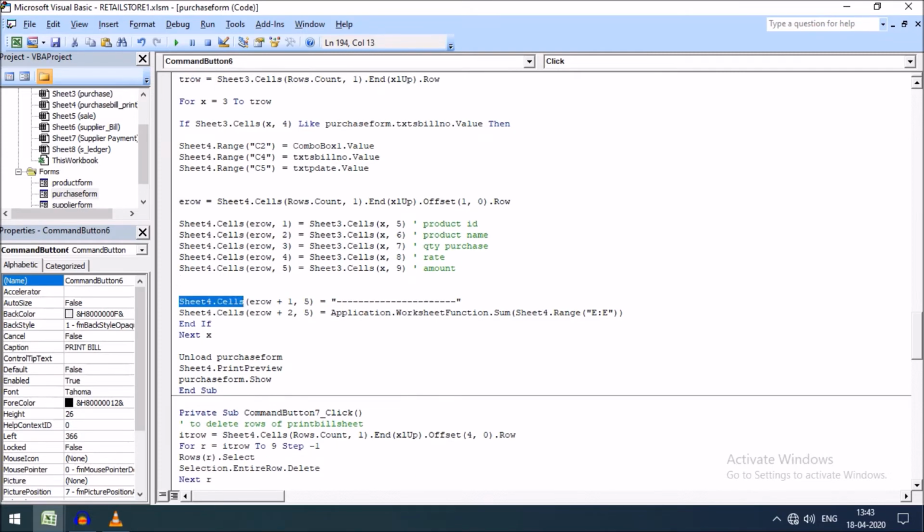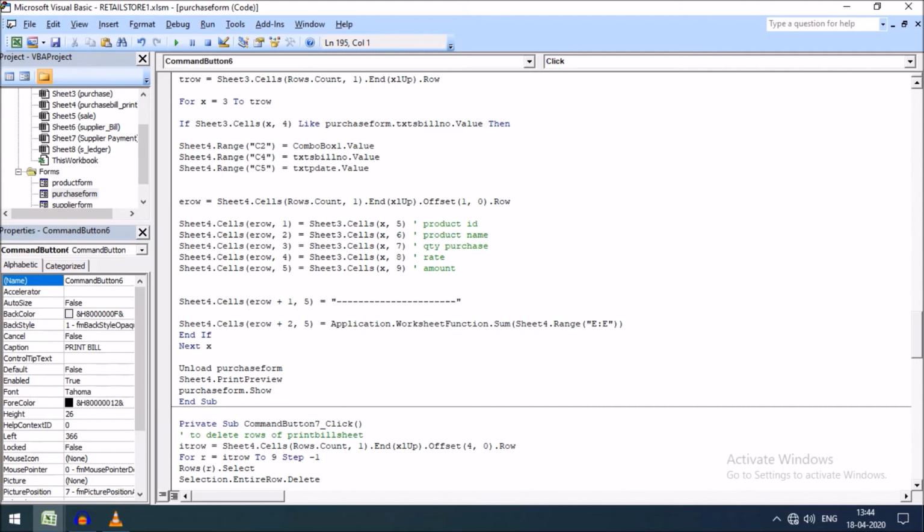Here I have moved one row further from the row, and I have given a dash sign so that it looks like the bill is closing.